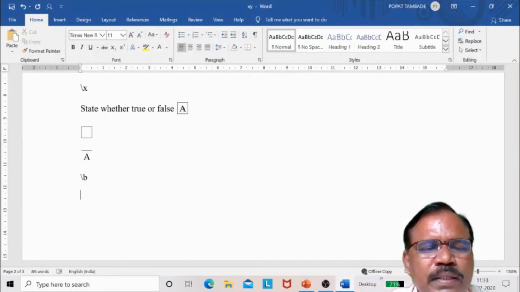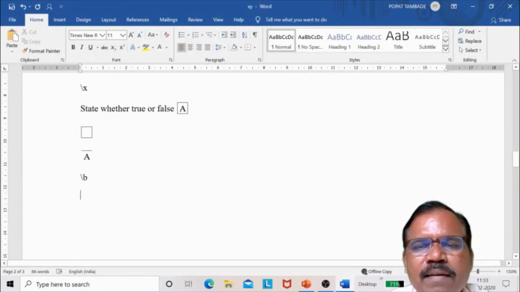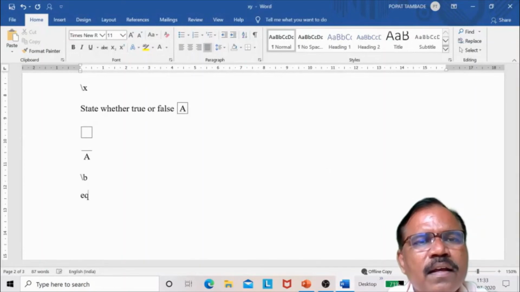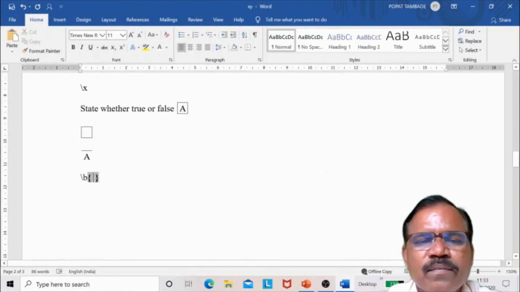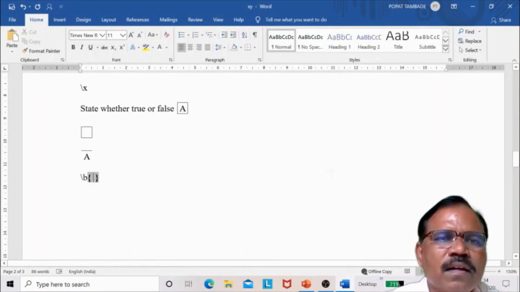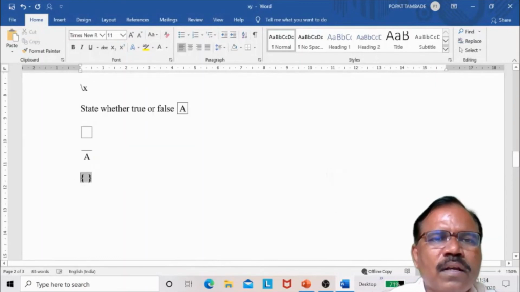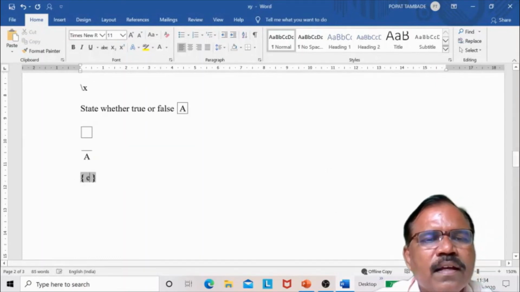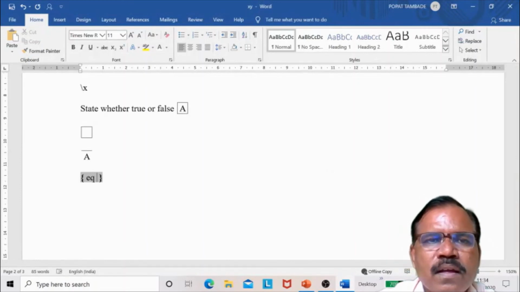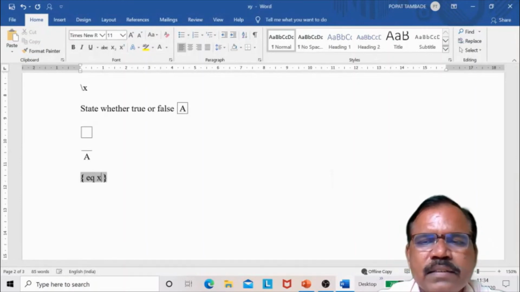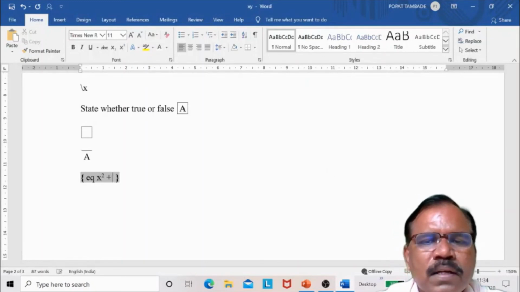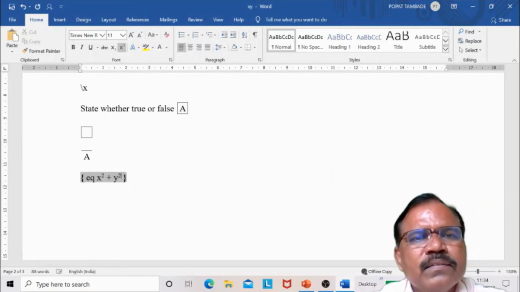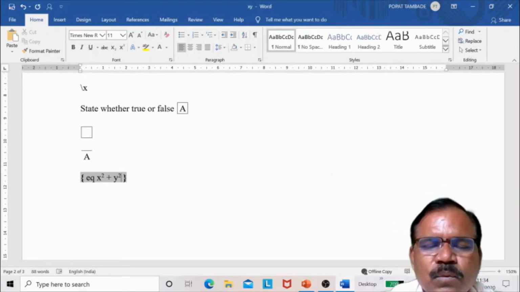So suppose we take here control F9, EQ, backslash B, and suppose we write here x square plus y square, okay, and I have to put this in bracket.